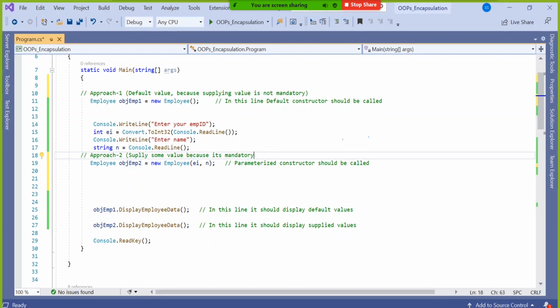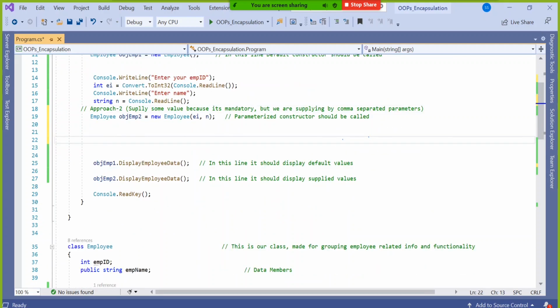You have to supply them. But we are supplying them comma-separated, which is not good if the number of parameters is much more. I am creating now approach number 3. Supply a parameter, definitely. It's mandatory.